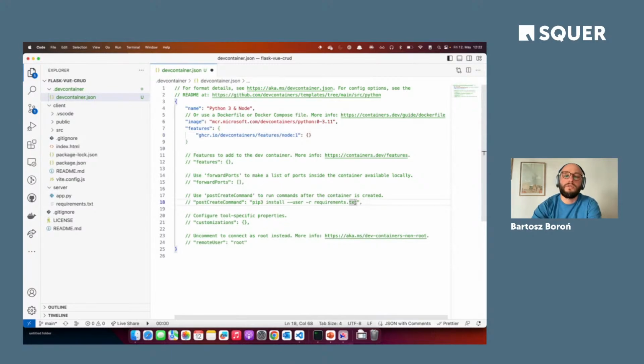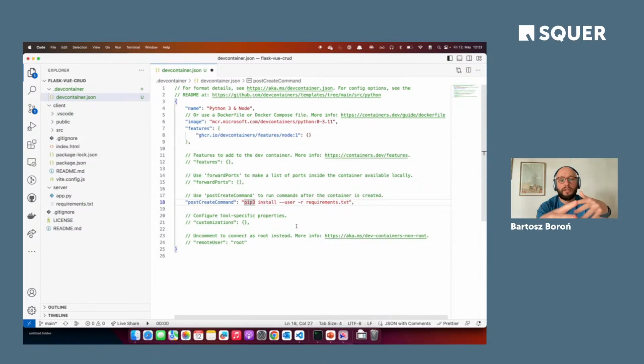What I like to do when working with dev containers is having this post create command, which will be executed when the whole container is built. So every time I work with a dev container, it's already built and I can attach to it and continue working.